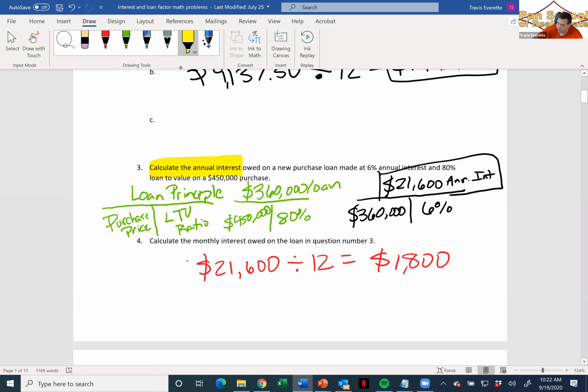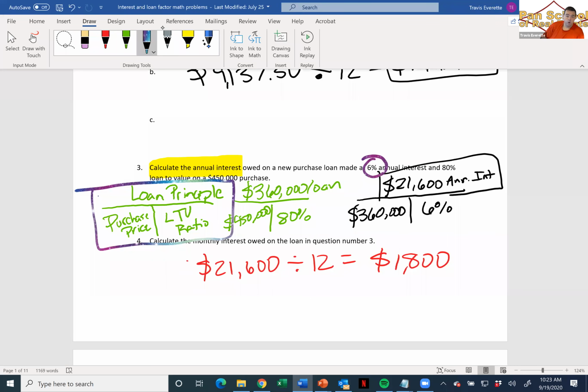If I look at the question, well, they gave me the interest rate. But they never actually gave me the loan balance. And so that tells me I've got to back up a step. I need to know how much the loan balance is, how much this borrower borrowed. And that's where that loan to value ratio comes in. Because this formula right here will allow us to calculate a loan balance, the amount borrowed. And that is just the purchase price times the loan to value ratio. Basically, that's how lenders calculate how much they're willing to loan you.